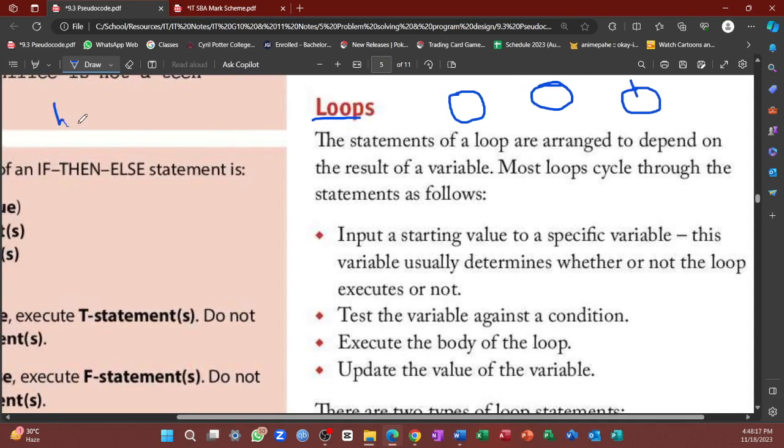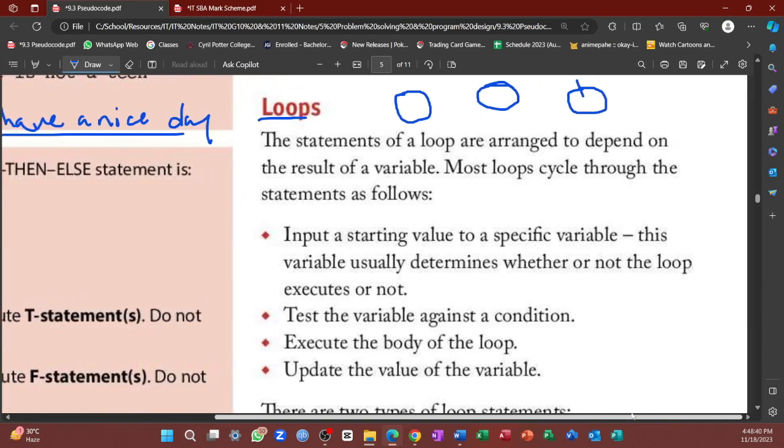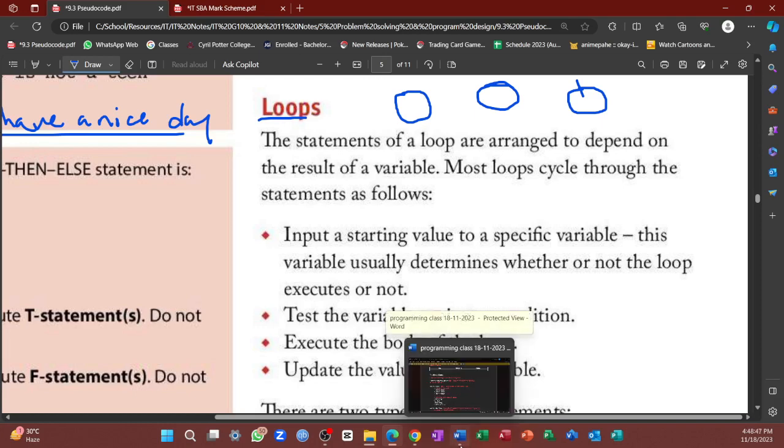So maybe you want the phrase, have a nice day, to be repeated on the screen 10 times. Then you can simply put that into a loop to say that this phrase should appear 10 times on the screen. That's the purpose of loops, so that you don't have to write that step 10 times. So what I mean by that,